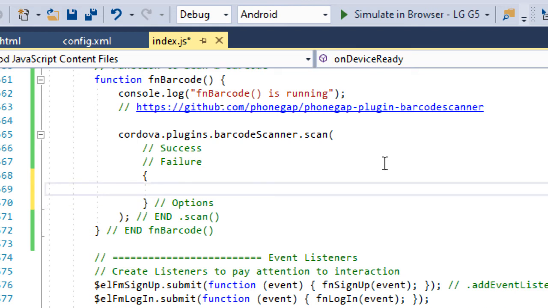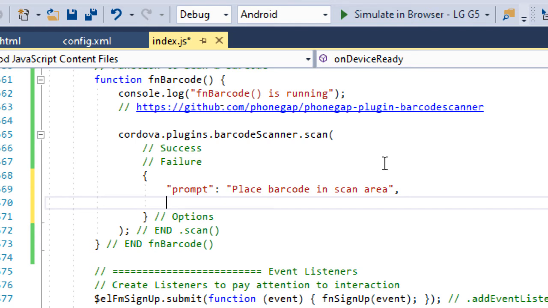JSON data. Prompt. The message that I want to appear on screen for the user, place bar, and this can be anything we want, place barcode in scan area. So we can't visualize it just yet, but if I then test it on a device, my little scanner screen appears and there's a message that's going to be there. Place barcode in scan area. There's going to be a certain area of the screen that is the valid area where you can then scan the barcode. Comma, because there's another